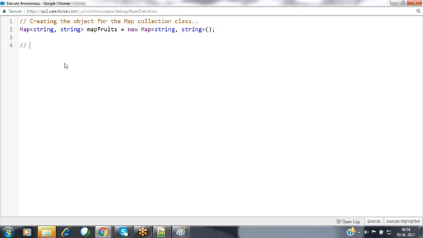Then I want to show what is the size of this collection here. Display the collection size. I'm using that system.debug. Collection size is map fruits dot size. I'm getting the size of this collection. We haven't added anything here. By default, it will be empty, nothing but this is a 0 size. Now click on execute.